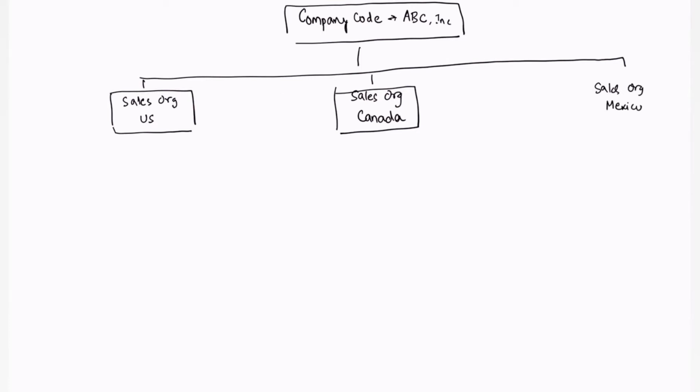And lastly, we have the region for Mexico. Okay, so here we have 3 sales organizations for US, Canada, and Mexico, and the company is operating in these 3 regions. Now, within the sales organization US, they are pretty much responsible for selling 3 product lines, and what